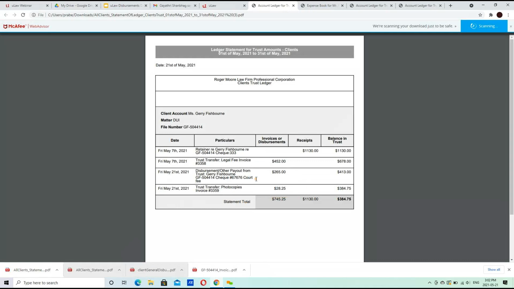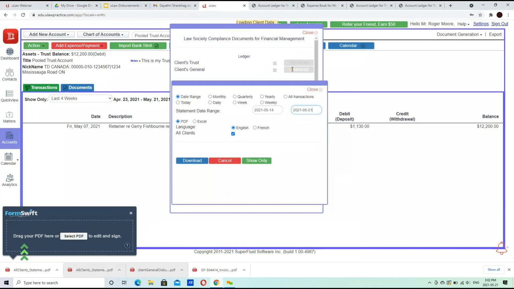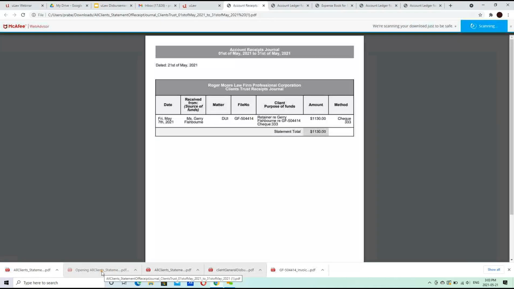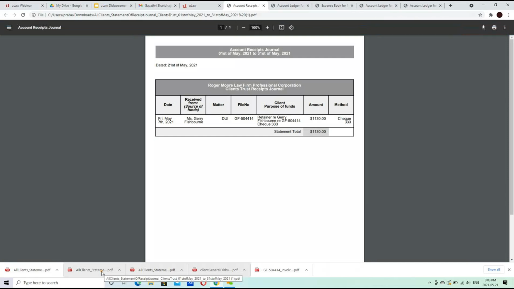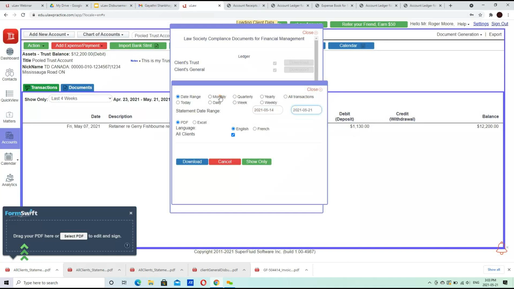And you can clearly see with this ledger, in addition to the 265, there was a trust transfer that was moved from the trust account. And where does that get reflected? That gets reflected within the general ledger. And you can see you did not have to generate these documents. You pretty much took the action of recording the transaction within a file for Jerry, and the documents related to that are pretty much captured behind the scenes. Okay? And that's the power of the legal accounting software, reducing the amount of time that it takes for you to generate these documents that you need.